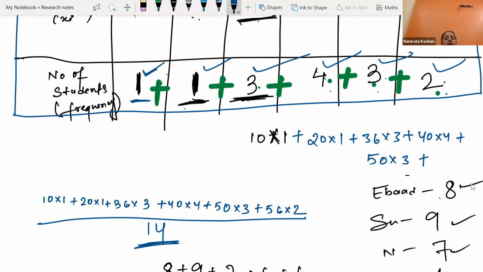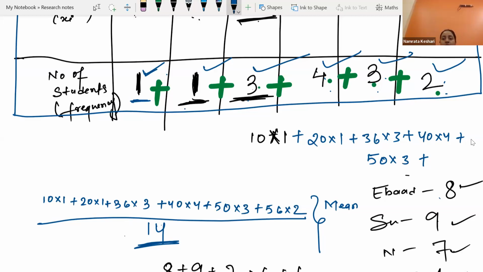ऐसे हम फाइंड करते हैं मीन जब हमारा डेटा अनग्रुप हो। तो ये कंसेप्ट ऑलरेडी यू मस्ट हैव लर्न इन द प्रीवियस क्लास। ओके, मीन फाइंड करने का क्या है मेथड? जो फ्रीक्वेंसी है उसके साथ मल्टीप्लाई करके ऐड करके न्यूमरेटर में लिखते हैं और डेनोमिनेटर में जो भी फ्रीक्वेंसी है, समेशन ऑफ फ्रीक्वेंसी लिखते हैं।